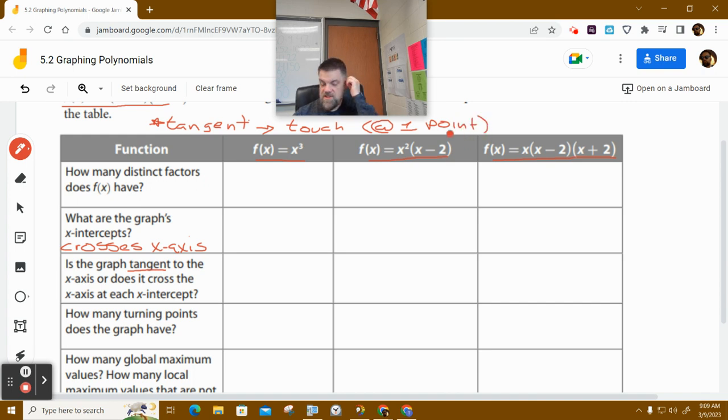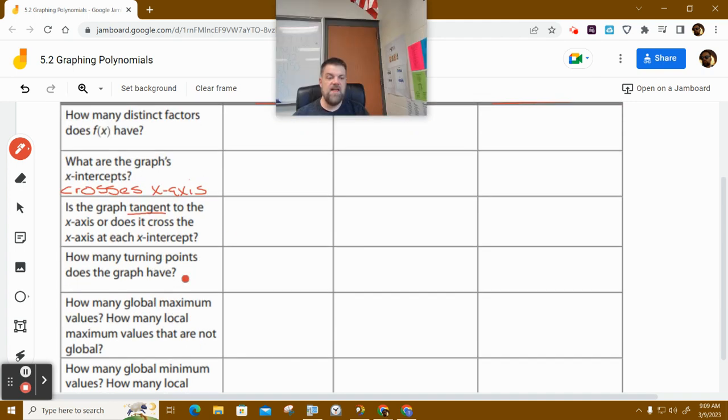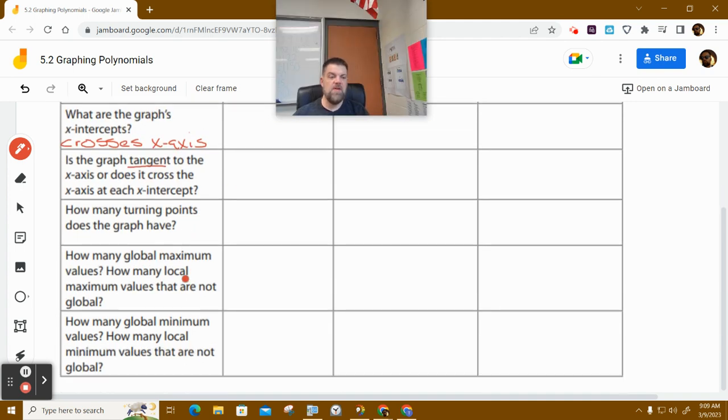That means it doesn't intersect. Kind of just touches. And it says, how many turning points does it have? Okay. And then the next thing that we're wanting to know is how many global maximum values. And so when we say maximum values, probably you should put max